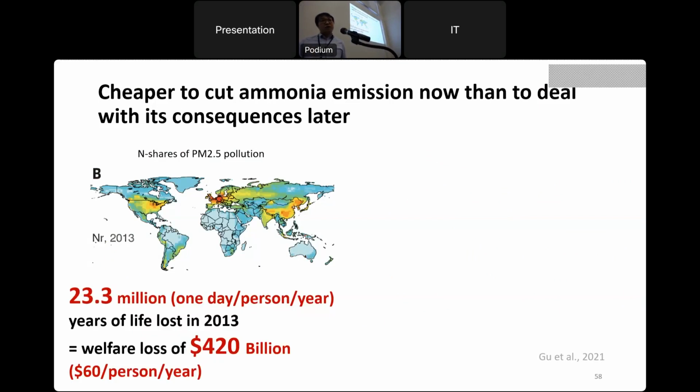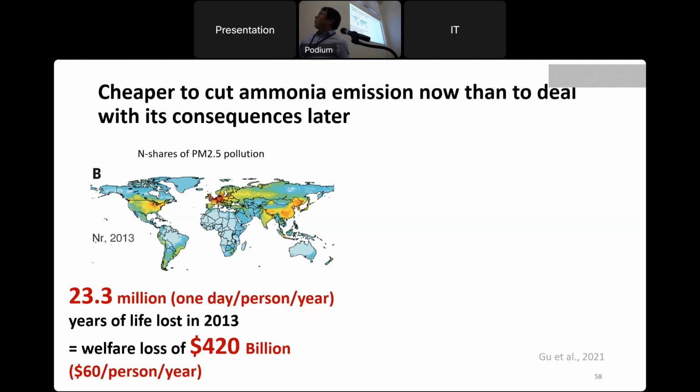This data shows the severity of the nitrogen share of PM 2.5 air pollution across the globe. You can see from this graph that across the world, especially in agricultural production areas, the Midwest, Europe, and parts of China, the air pollution due to ammonia emission is very severe. And the cost of this agricultural production